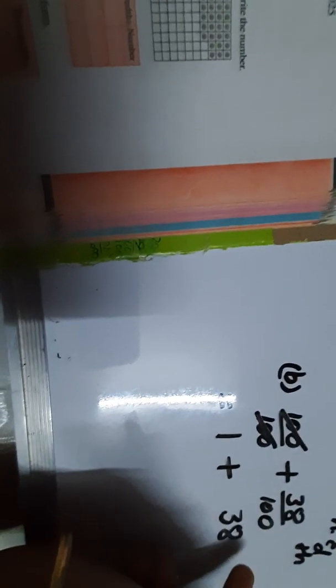So now let us convert it into decimal form. This 100 will get cancelled out, we will get 1 plus. Now for this 100, we'll put the decimal. 100 carries 2 zeros. So first of all, let us write down the numerator 38, because 100 carries 2 zeros. So we'll leave 2 digits. First digit, second digit. We'll start leaving the digits from the right. 1, 2, 2 digits. Then place the decimal, and if no digit is there, place 0.